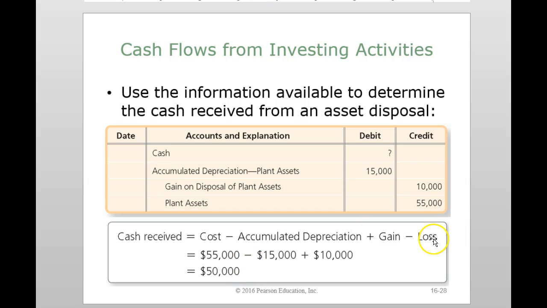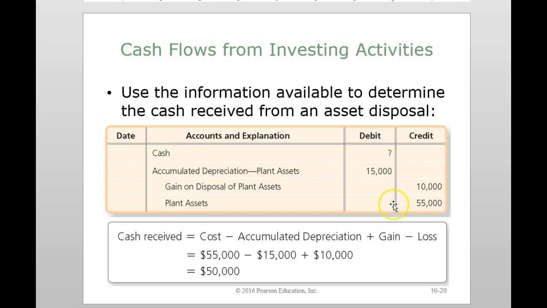First of all, we had accumulated depreciation of $15,000. It was on the books at $55,000 cost. And they paid $50,000 cash. They've done a strange thing here. Usually when you look at a journal entry, all the information is going to be here. So if they had that $10,000 gain,